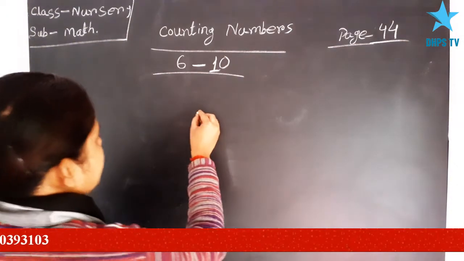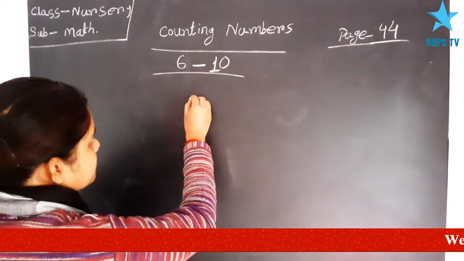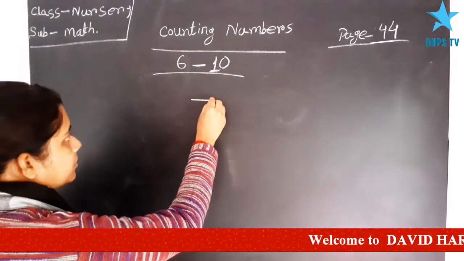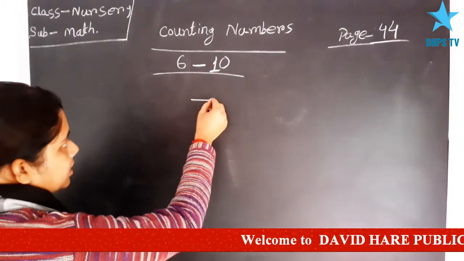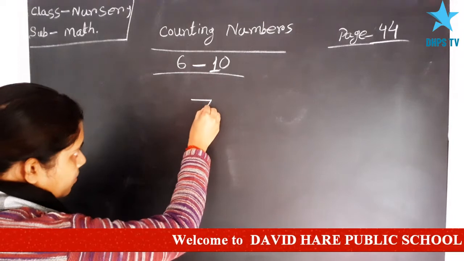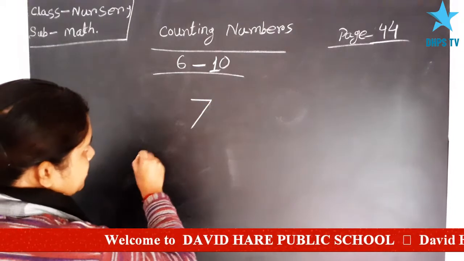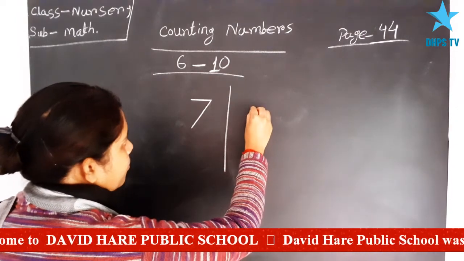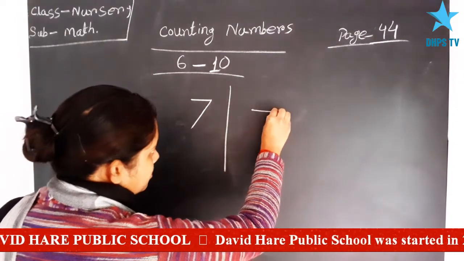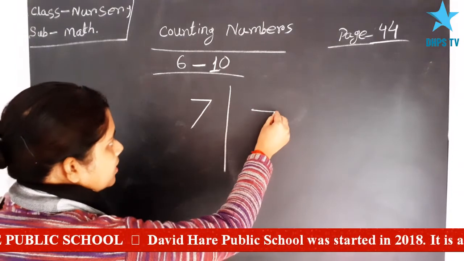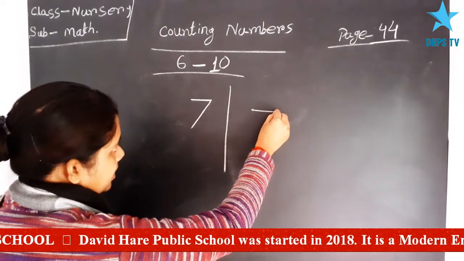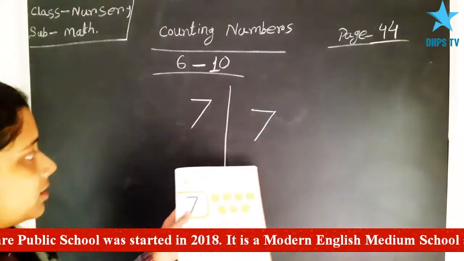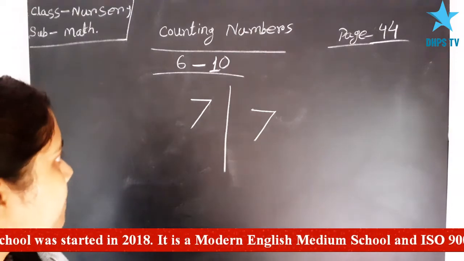Now turn the page number 45, and here the number is 7. So the first step is draw a small straight line horizontally. Then from the right side of the line make a long straight line like that. Again start with a point and make a small straight line horizontally. Then from the right side of the line make a long straight line like that, and the number 7 is here.